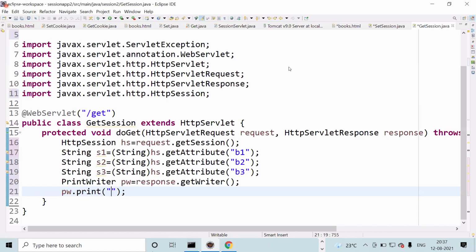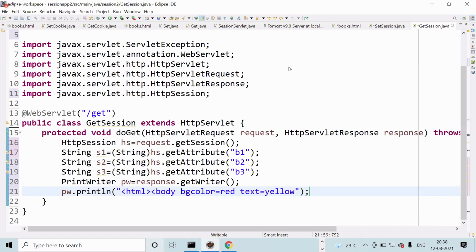See here, pw.println. HTML code I'll write: html, body with bgcolor something, red, text something, yellow.